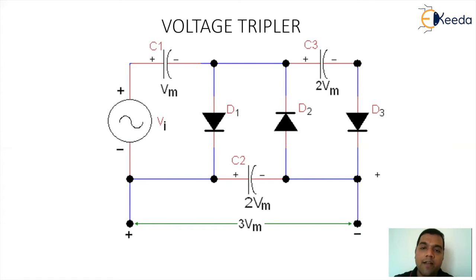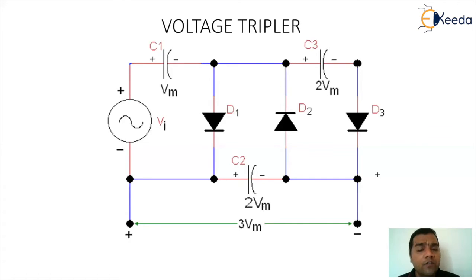And then correspondingly, when the effect continues, and D3 becomes forward biased, the capacitor C3 will charge to a value of 2 Vm. Now why is it happening? Because the C2 contribution is 2 Vm, the input will contribute the value of Vm, and capacitor C1 also contributes a value of Vm. But the polarity of the capacitor C1 voltage and the AC input are in series opposition. So the eventual total effect of 2 Vm plus Vm minus Vm gives you 2 Vm. And that is the reason the capacitor C3 will also charge to a value of 2 Vm.